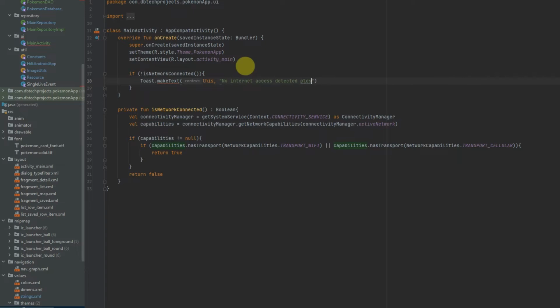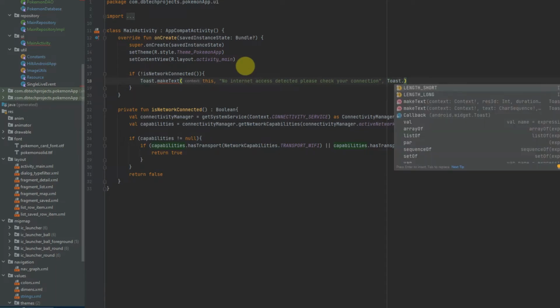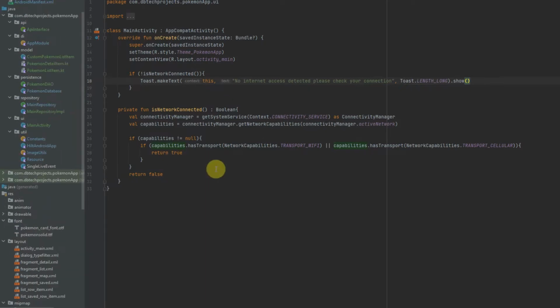Please check your connection. And then we need to provide a length as well, so toast length dot long, and then dot show to make sure the message actually shows. So now that's been created, this is our main activity all done, and we can now move on to the